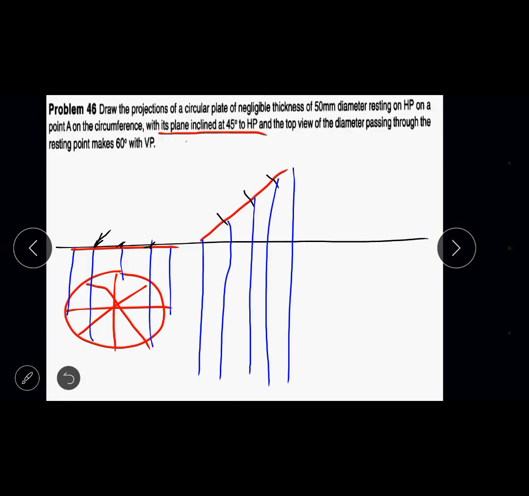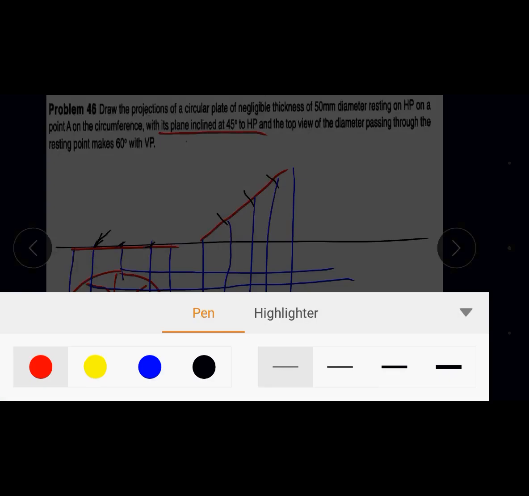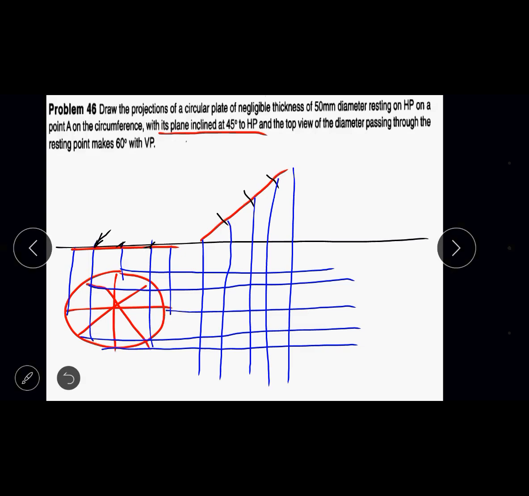So these are the 5 projection lines. Again similarly, the projection line from the top: first projection line, second, third, fourth, and then the last one, the fifth. So study the locus and you will get an ellipse. In a circle problem, the irregular shape of the top view will get converted into an elliptical shape.